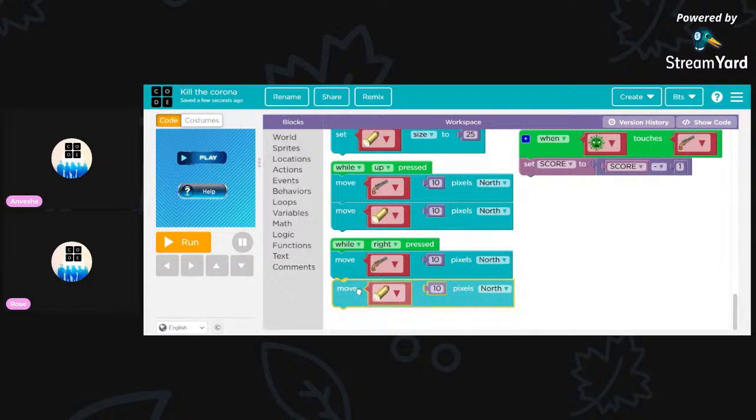Okay, but it's going to move north. We want it to move to the right side. So in north, east, south, and west, what goes towards the right? East goes towards the right, so I'm going to click on east, and same with the bullet, east. All right,